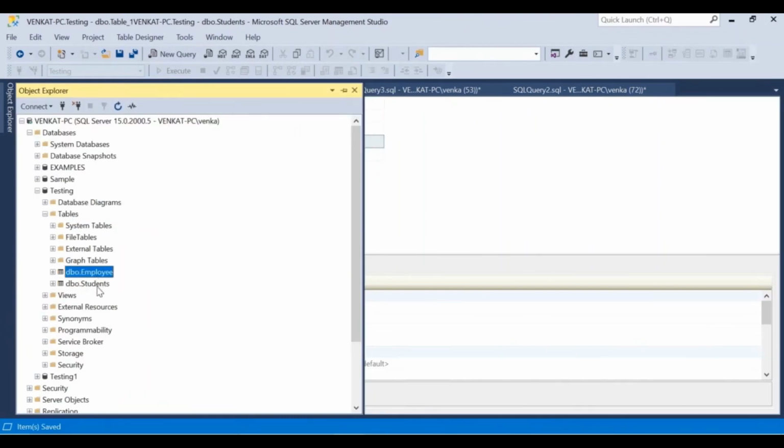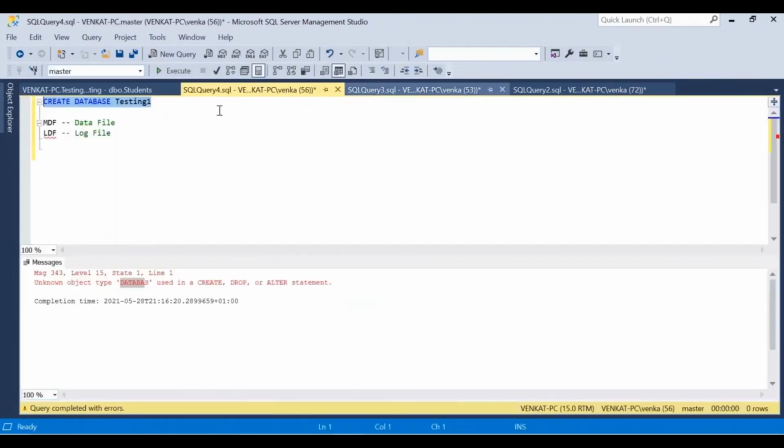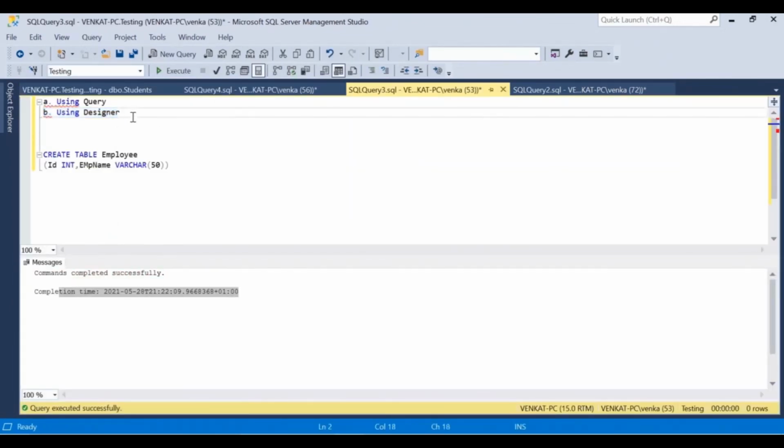Here you have one employee table, the next one is the students table. So this is how we create a table by using a query or designer. So in this video we